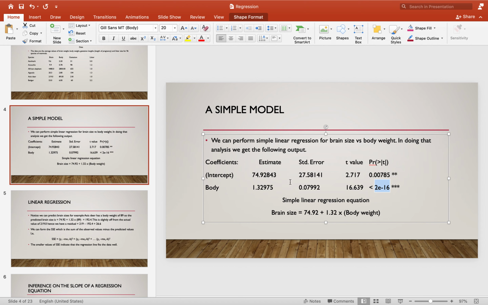But the p-value and the estimate are two different things, so do not confuse those two. So this p-value says that it's less than 1%. In fact, it's 2 times 10 to the negative 16th. Okay? So very statistically significant, less than 1%. And it's important for the regression equation. Likewise, it says that this intercept is important for the regression equation.